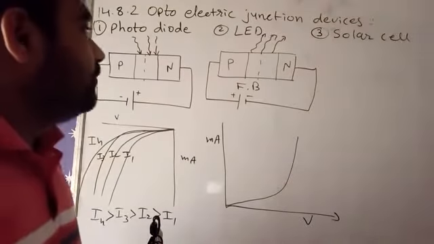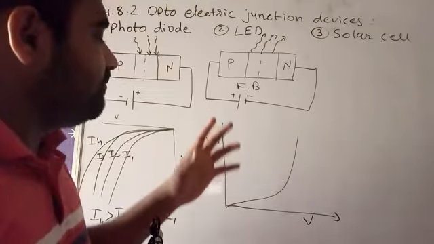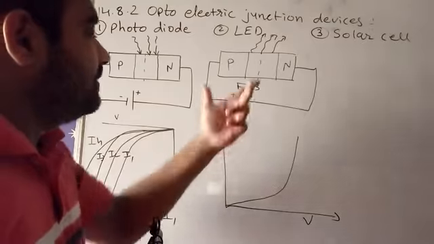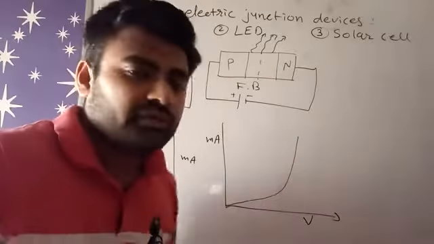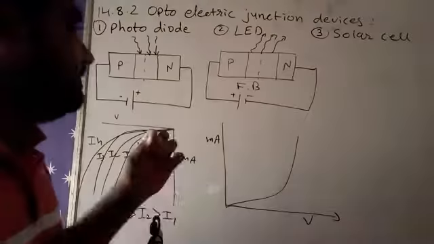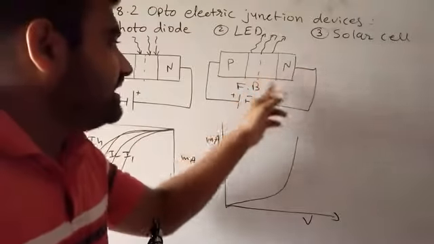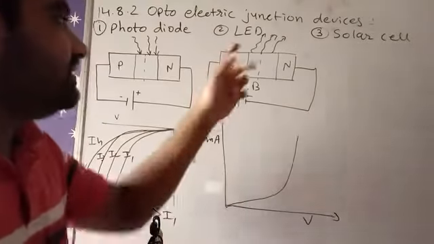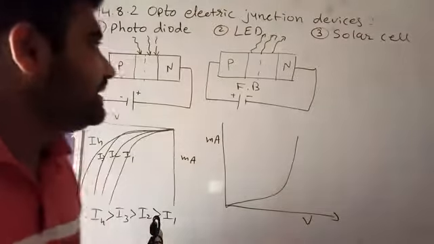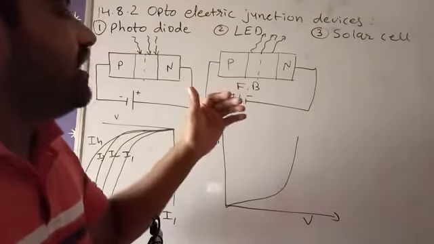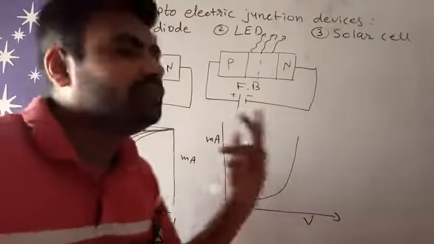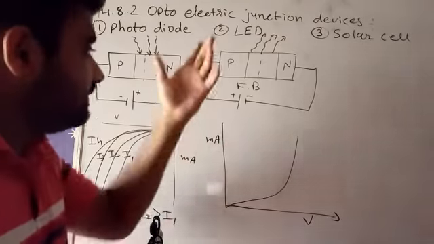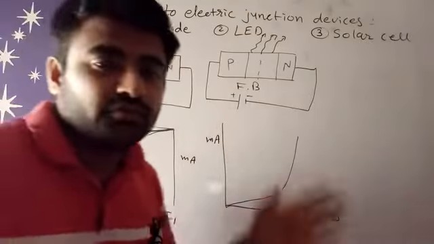Now some points to construct the LED. We have to use a semiconductor which is efficient. After that, it is easily available. Second, the LED gives a lot of light, and it gives monochromatic light. And with low energy input we can get high output. So it saves a lot of electrical energy. So that is the use of the LED.